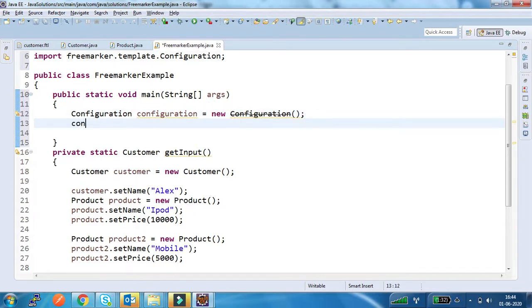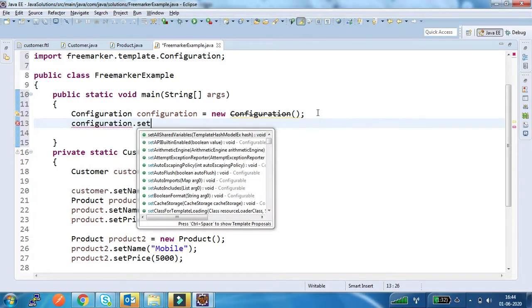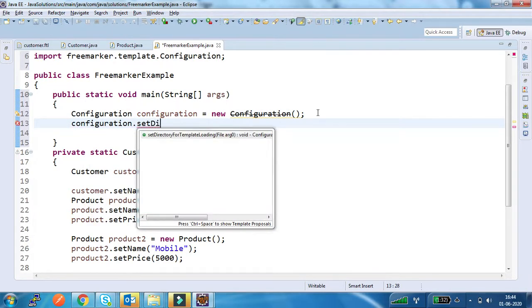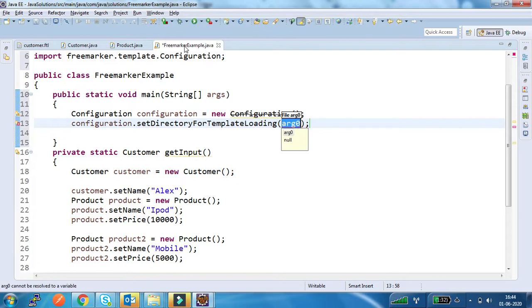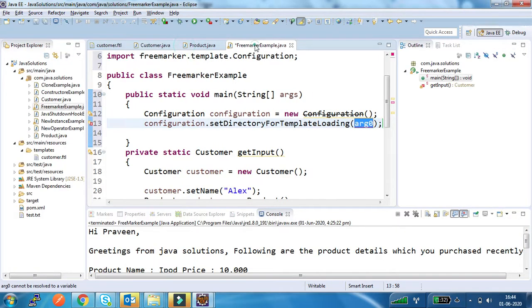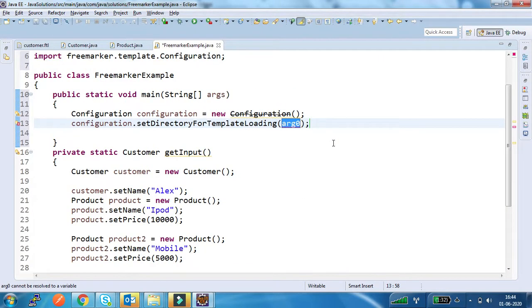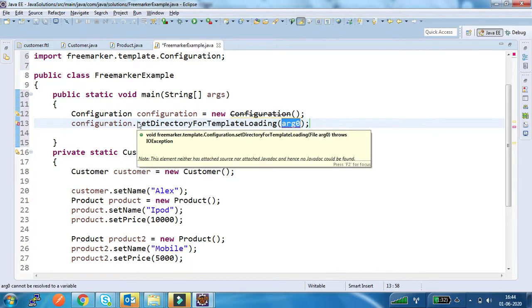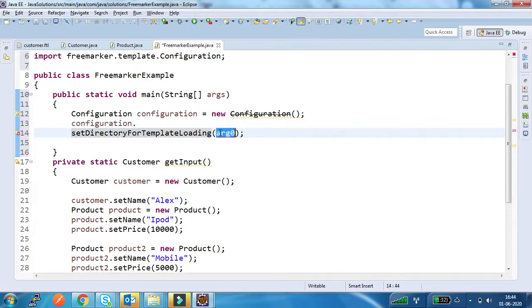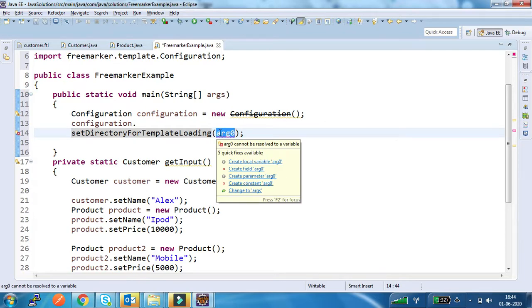For this, here I am setting the directory of our templates, where we created our templates. So I am providing the location of the templates directory.